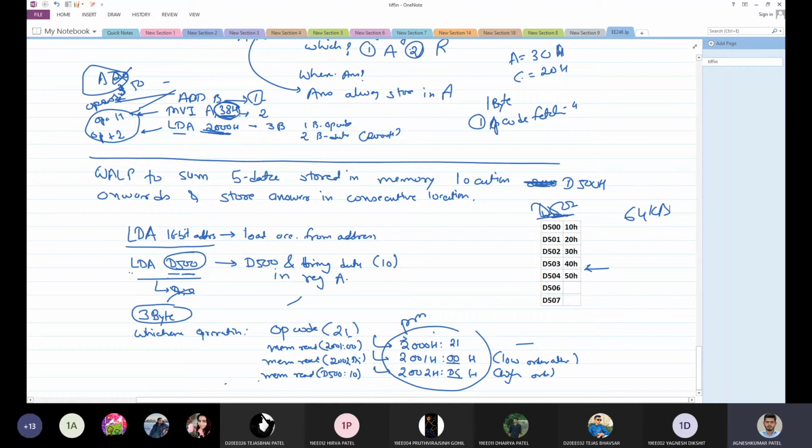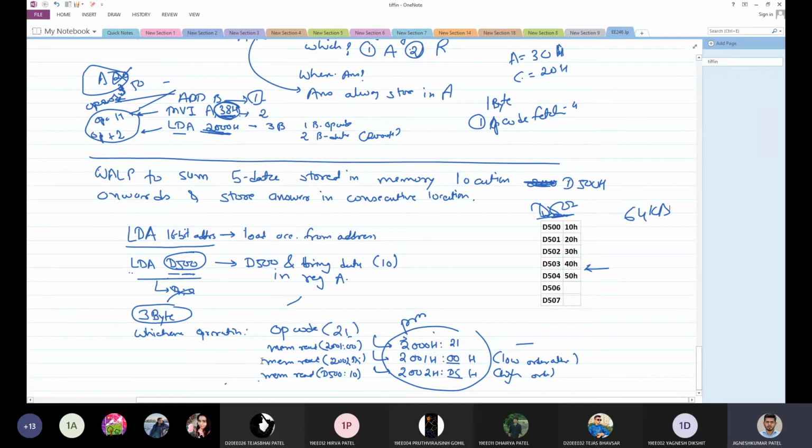First, you have to store your lower order address, that is 00, the last byte LSB, and in the next location you have to store the higher byte address, that is D5 here. So this is how you are going to store this program. It will first fetch the 21 as opcode, then it will perform two memory reads to read the address. This combined will make the address D500.